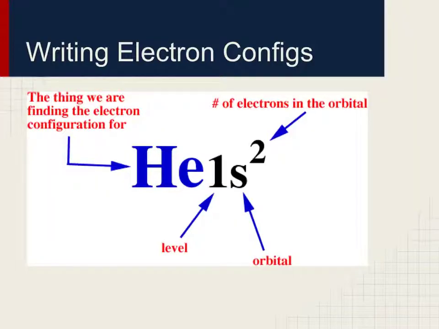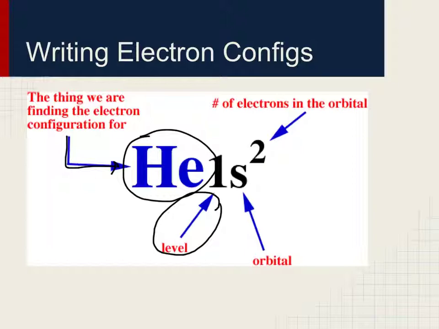So let's talk about writing electron configurations, and after that we'll talk about how we fill in electron orbital diagrams. This diagram should seem somewhat familiar from our inquiry activity. What we see here is we're writing the electron configuration for helium, right? And so obviously when we write the electron configuration for helium, we'll label it by writing helium's atomic symbol. And then when we write electron configurations, we'll start by indicating the level. If we're talking about the first energy level, it starts out with an s orbital. So we start with a level, then the orbital, then our superscript